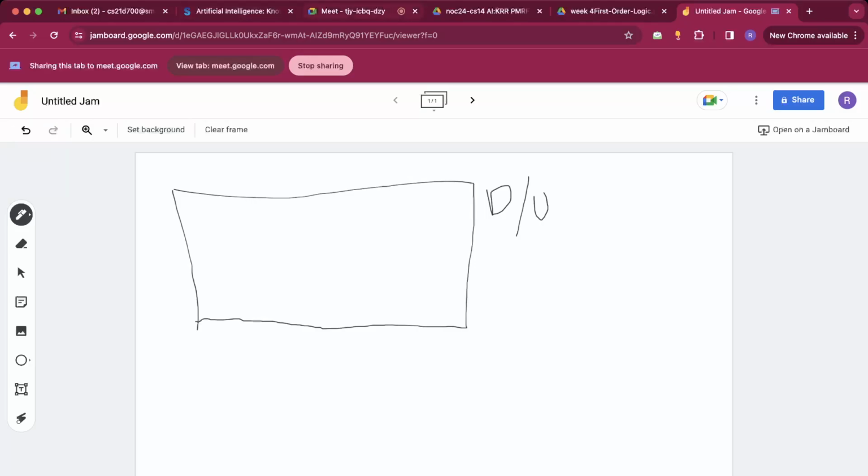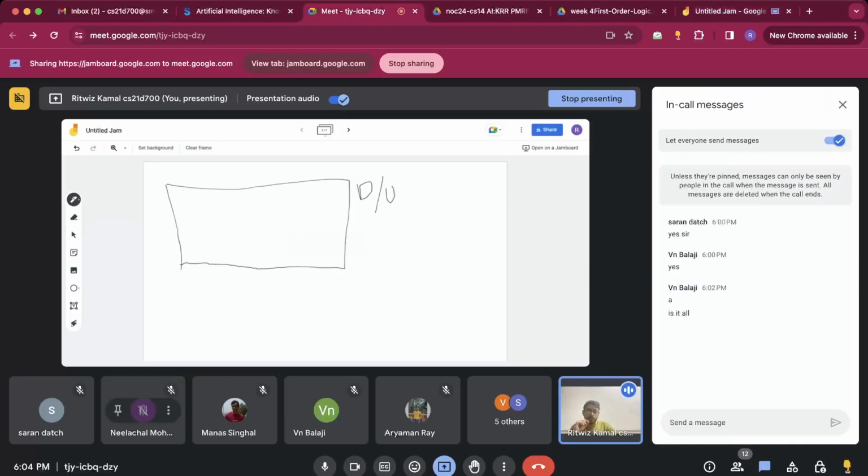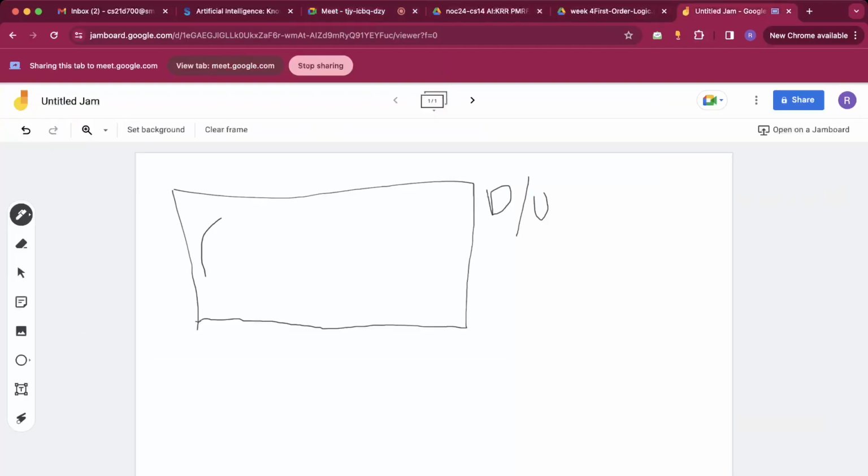Okay, so how will you represent a predicate within this universe or domain? Will it be a subset? Will it be some other set? How will you represent it? Exactly, it will be a subset, right? So for example, let's say this is,